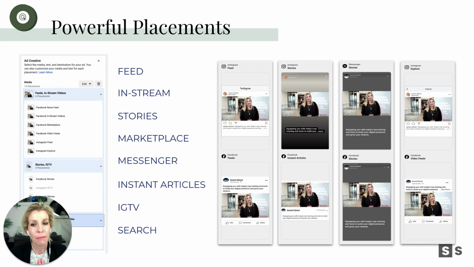Beyond that, really powerful placements. So you take your one ad campaign and maybe you're not thinking of it as just a messenger campaign or just a stories campaign, but you really love the overarching message that you're saying with this ad and you want it to appear everywhere, in fact, or maybe just 5 out of 12 of the available placements for you, from newsfeed on Facebook, Instagram, to marketplace, stories, messenger, instant articles.